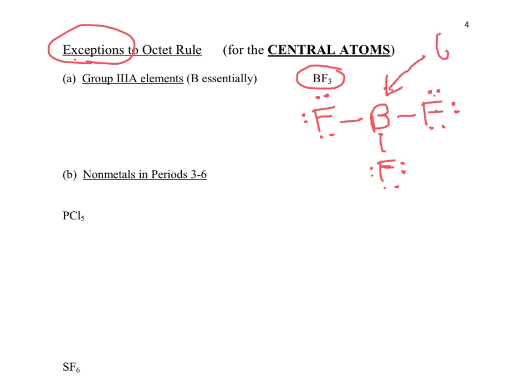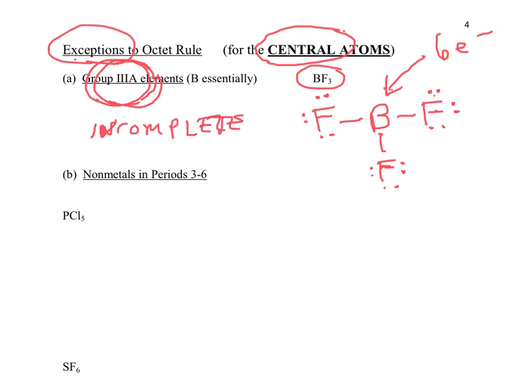except for the boron, the central atom. The exceptions are only for the central atoms here. All the terminal atoms, all the ones on the outside, must continue to obey the octet rule. There's no evidence that they don't. But for the central atom, if it's an element like boron, and the only ones that are seen to do this are elements in group 3A, so with covalent compounds we're essentially just talking about boron, it's actually okay for them to have less than the 8 electrons for the octet. So it's called an incomplete octet,